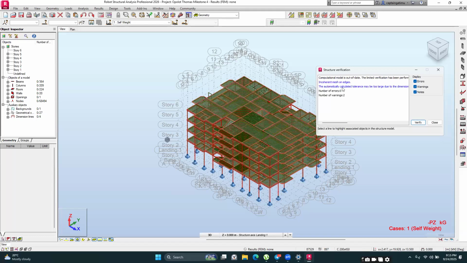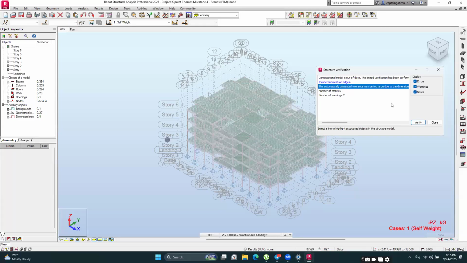Okay, so we are getting to these two errors. The first one is the incoherent mesh on edges. Engineer Abraham has covered this in depth. Then we are going to discuss something small on this. The second one is the tolerance may be too large due to the dimensions. That is, the tolerance that the software has assigned your structure is too small compared to the size of